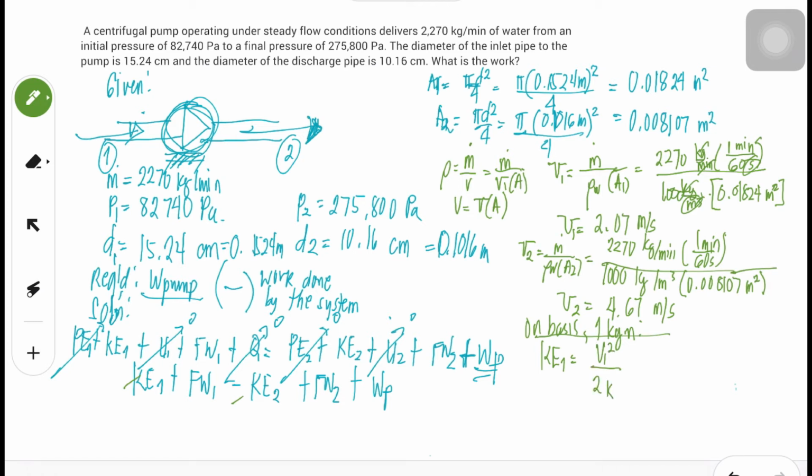Okay, say 1/2 mv squared. So, on the basis of 1 kilogram, 2.07 meter per second squared over 2 times K. What is the K? That is the constant. So, 2 times 1 kilogram mass. Okay? Per Newton squared. The kinetic energy at point 1 now is 2.07